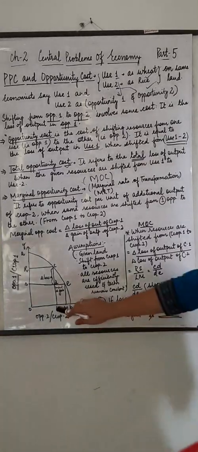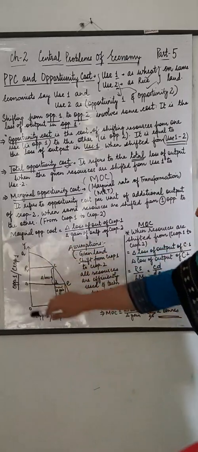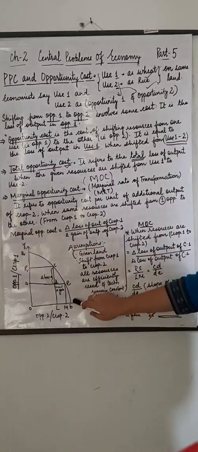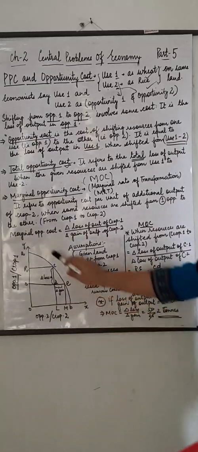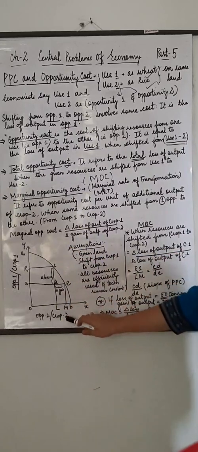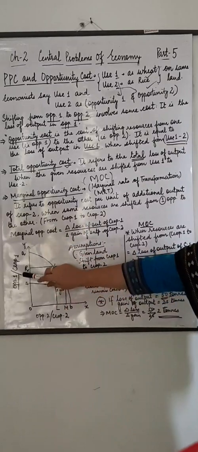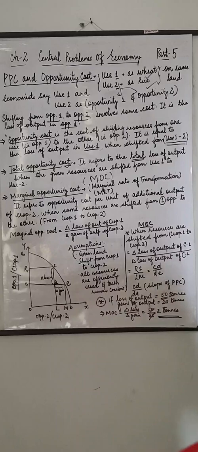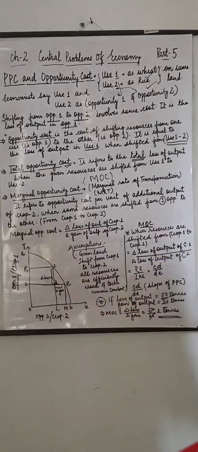So here is the diagram showing the curve. Students, you can very well say it is the normal PPC curve. It's sloping downwards, right? And it is concave to the origin. X and Y are the axes. On the x-axis, I have taken crop 2 or opportunity 2. On the y-axis, I have taken opportunity 1 or crop 1. I haven't mentioned any particular crop, as you can take any of the things.